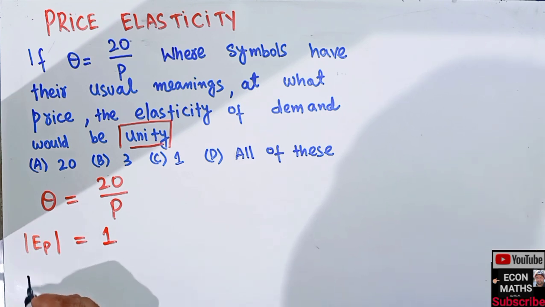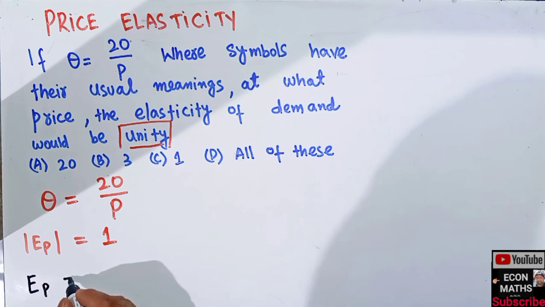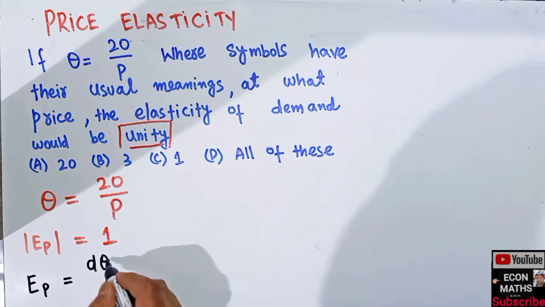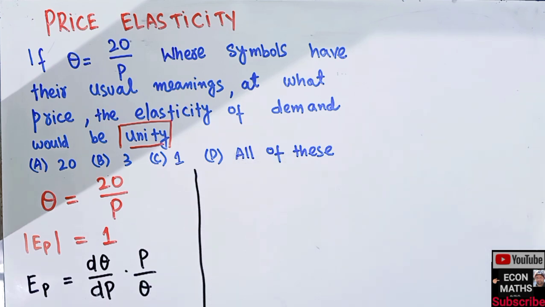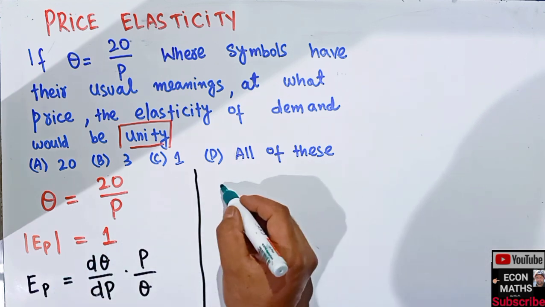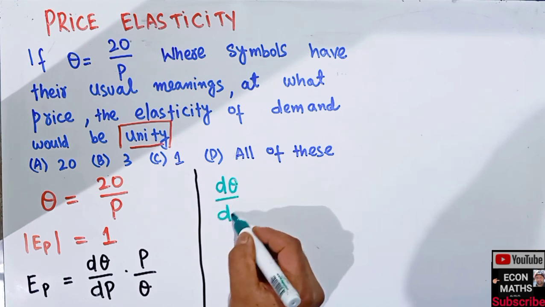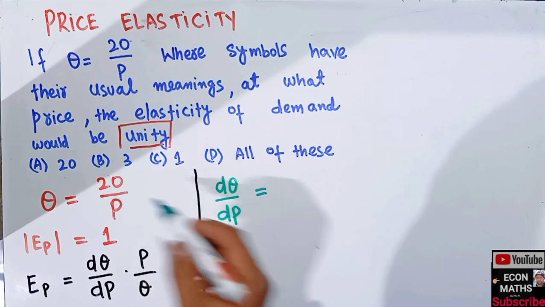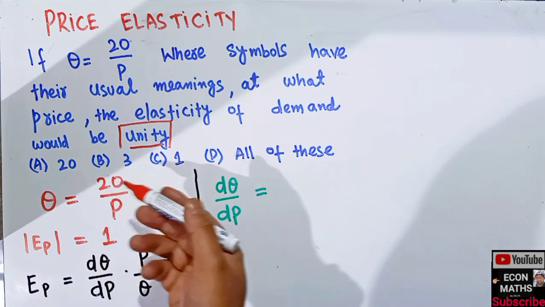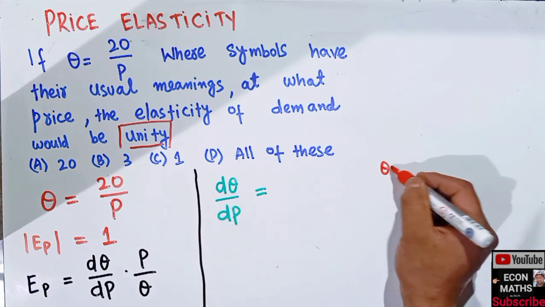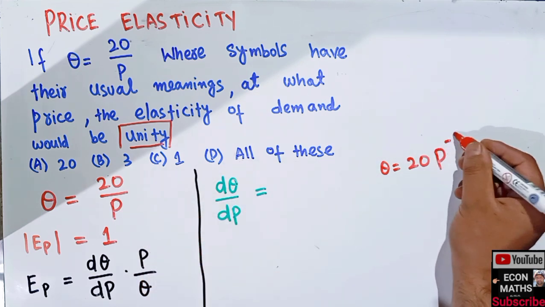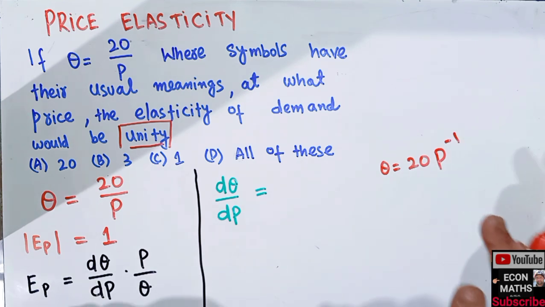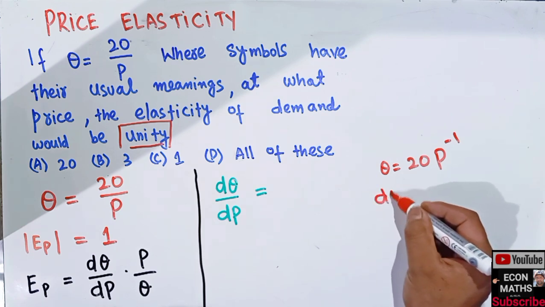So first we should know the formula for elasticity of demand. We know it is simply equal to the derivative of the demand function with respect to price, times P upon Q. Okay, having said that, first we need to find this very derivative, that is dQ upon dP. That means we need to take the derivative of this function with respect to price. So for the sake of simplicity, let me write it here: Q is equal to 20, and if I transpose this P to the numerator, it will become P raised to the power minus 1. I'm just trying to make it simpler for you. Now if I take the derivative, that means dQ upon dP,